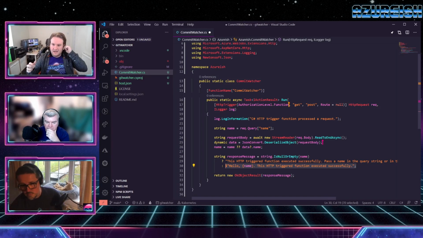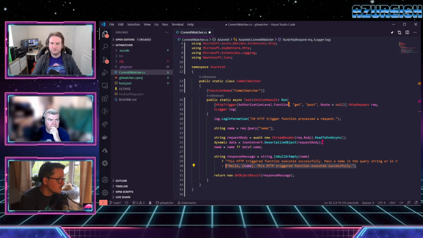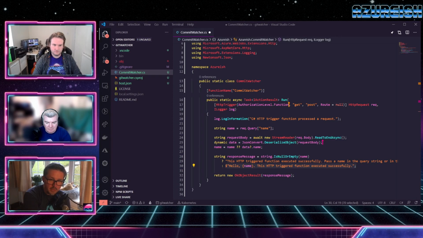Okay, so we can see that that's working. So our MVP is we now have a function that does something. But we really want to put together the function now for what we're actually going to consume. We know that we've got our commit watcher, and we know that we're going to have a big chunk of JSON coming back from GitHub. Let's just spit it out on the screen for now. It would probably be better if we change this hello world to just dump the request body out instead of looking for name.